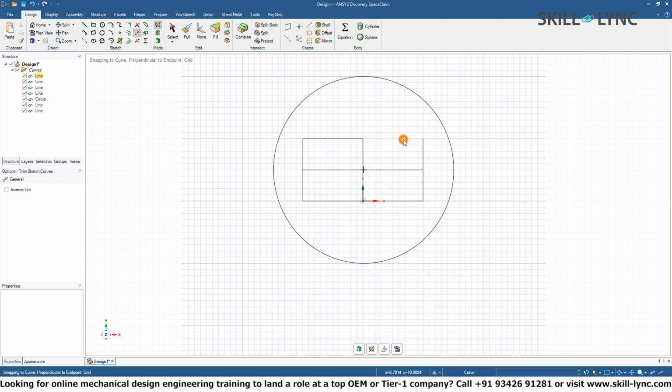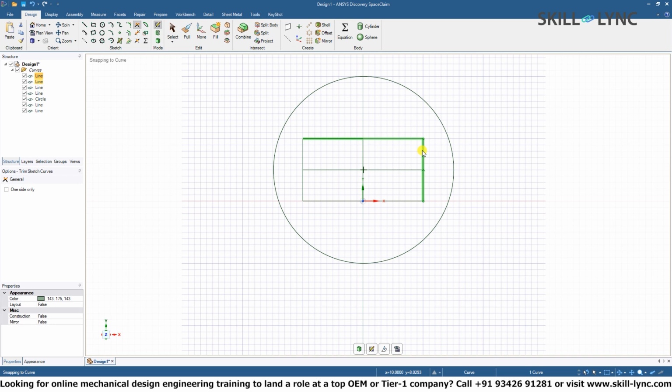However, let's say we accidentally trimmed this line of our rectangle of this section. Let's say we do not want to do that, and we do not want to mess around with the undo tool as we might have done some other drawing or sketching in the meantime. We can simply use the Create Corner tool, which allows us to make 2 non-intersecting line segments meet in a point. As an example, if we select this line segment and this line segment, you can see